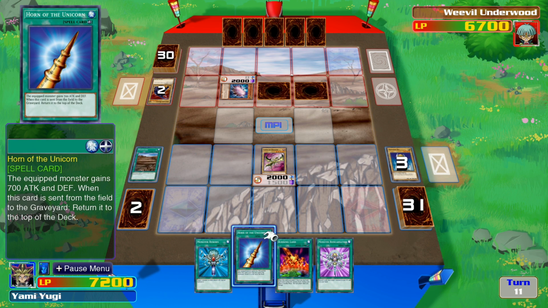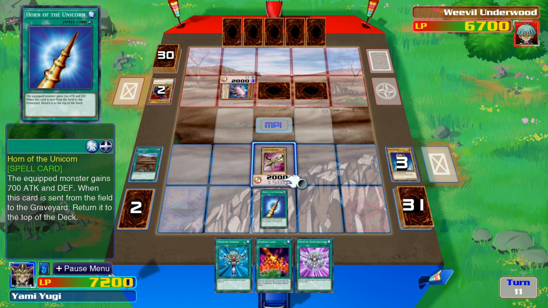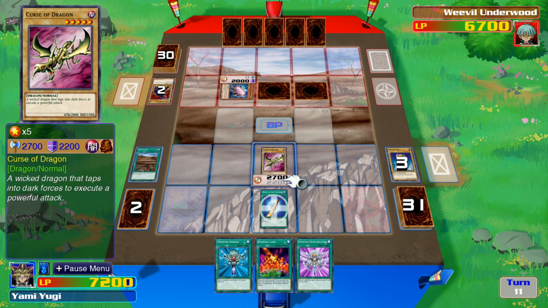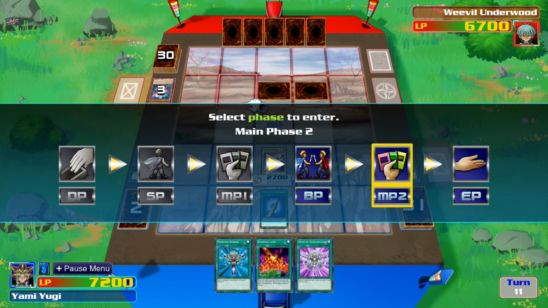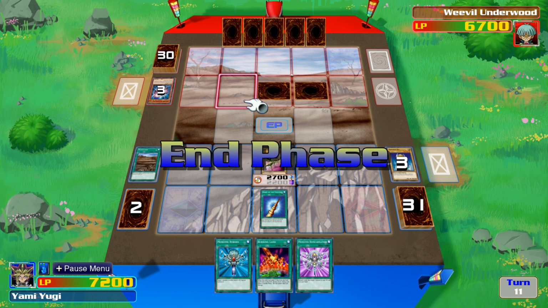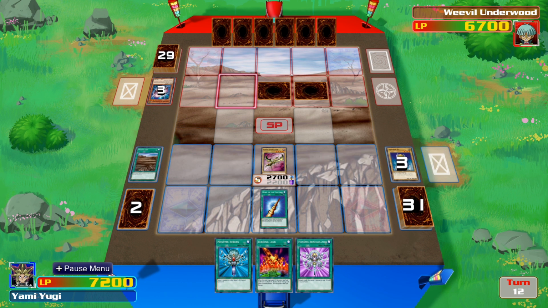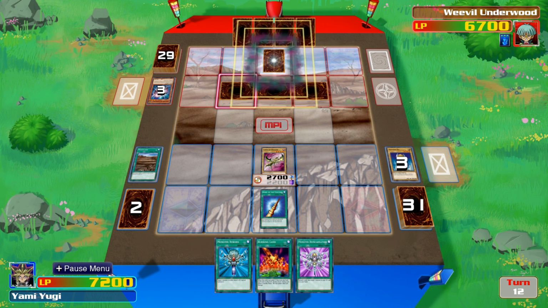So Horn of the Unicorn is now back. We're going to equip that to that, and then we're going to get rid of Cocoon of Evolution. So that's his biggest defense down. There might be another one on the field, most likely. And by the way, that Cocoon of Ultra Evolution, if I didn't already mention it, doesn't just work on Cocoon of Evolution, it works on any insects at all. It doesn't have to be Cocoon of Evolution, which makes it, as I said, quite...